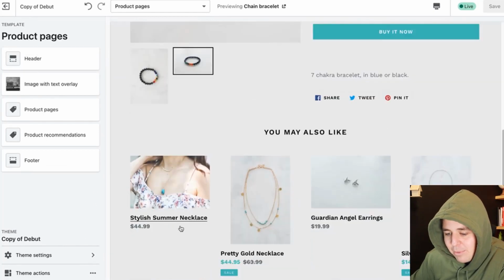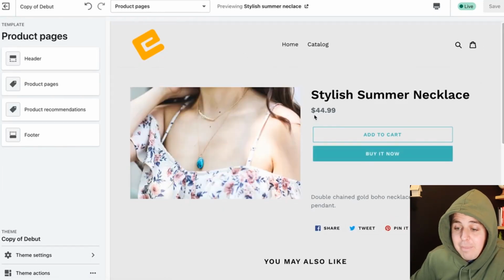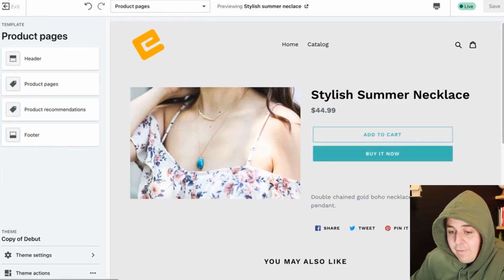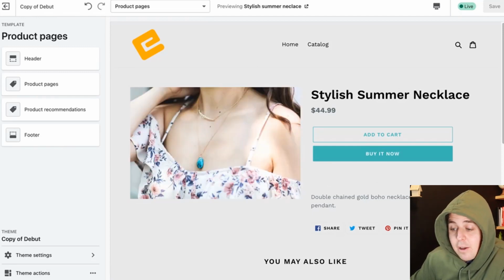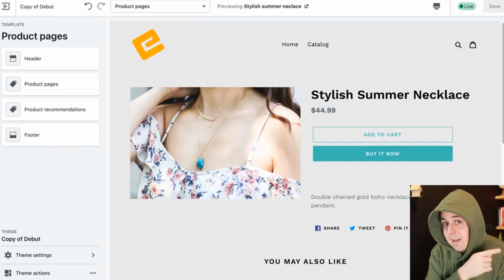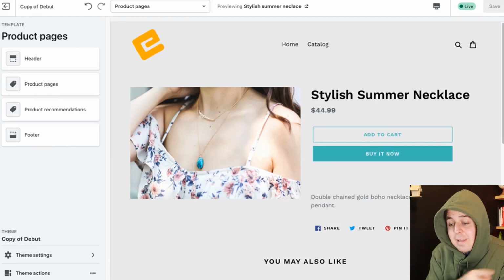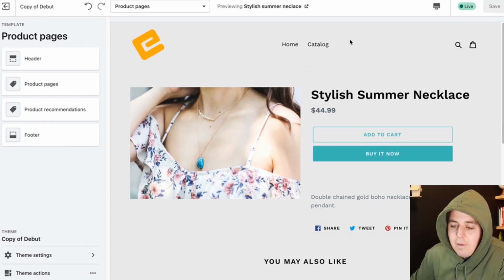Just to show you I'm not bamboozling you, if I go somewhere else, stylish summer necklace, it doesn't have the picture. Had I assigned the product template of banner.template, remember when we assigned the template, like right here, to this product as well, then the same image would have popped up here of the laptop that I just chose.